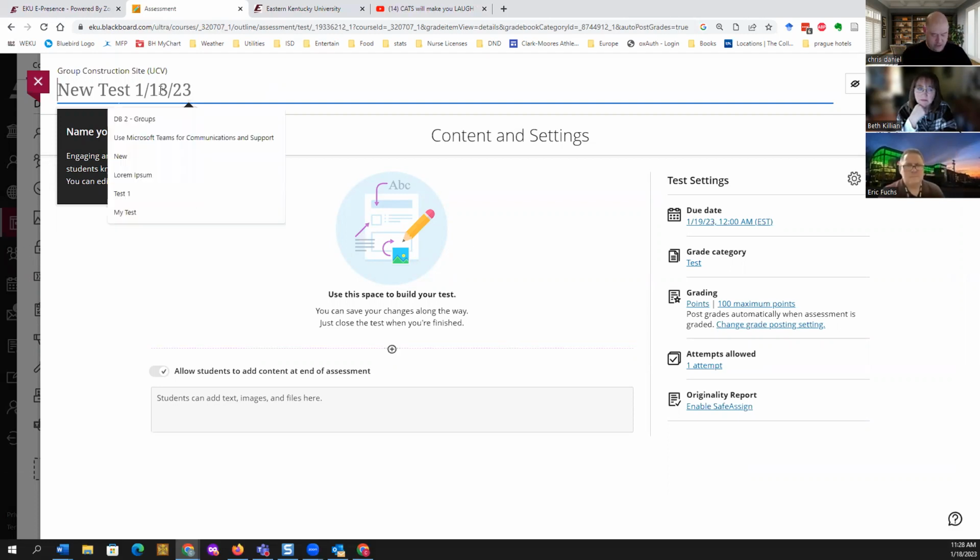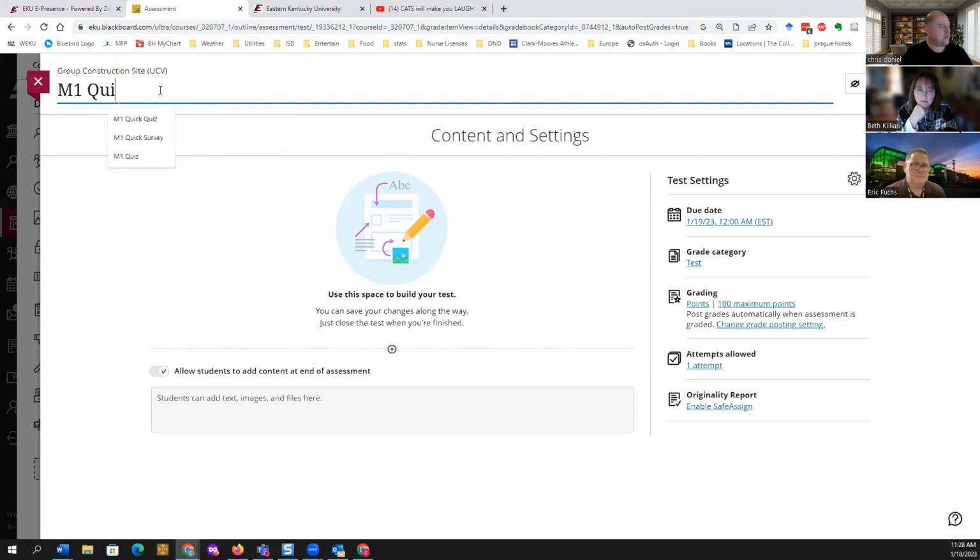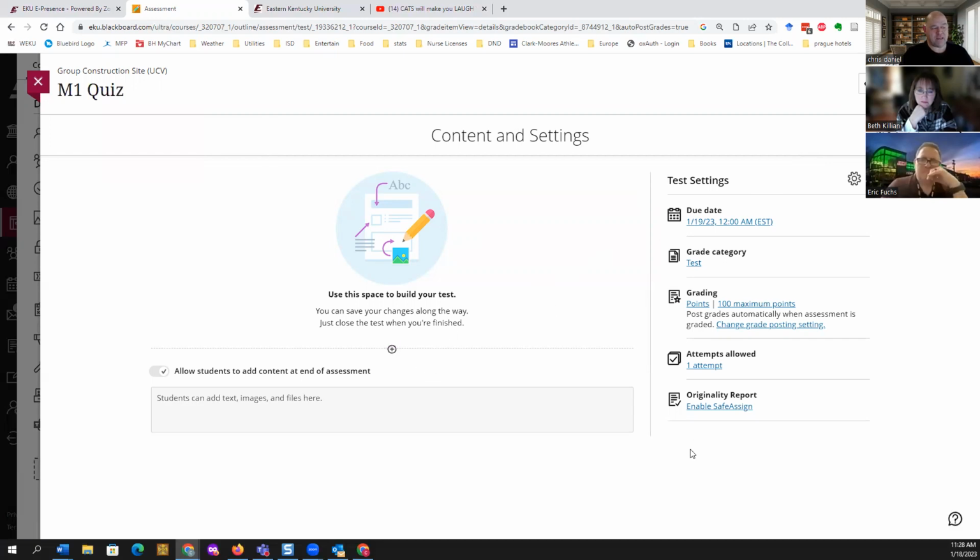So I'm going to name this M1 quiz up here. I'm going to make it visible to students. My basic test settings are right here. In Original, you had to go dig for test settings to set availability, set the due date, and determine the number of points. You don't have to do that anymore. It's all contained here. Now, there are advanced settings.